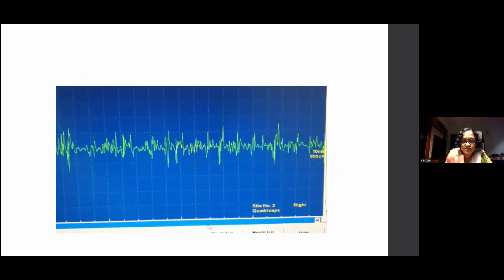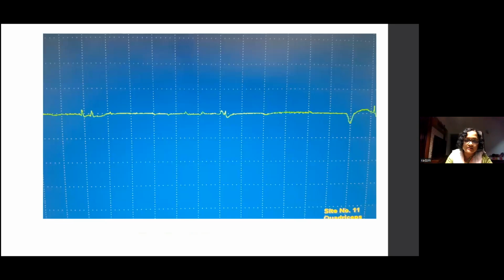So here you can see their short duration, their small amplitude is at 500 microvolts, and they are crowding the screen. And you can see them all getting recruited quickly. You can't see the individual motor units because at small contractions, they just keep recruiting, and the interference pattern is also normal. So this is another clip of a myopathic patient, but they also have fibrillations and positive sharp waves,